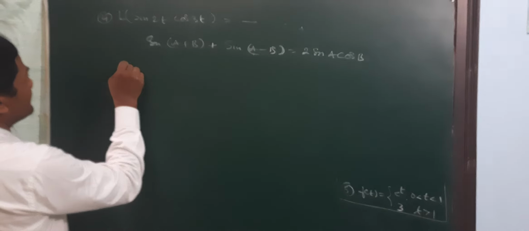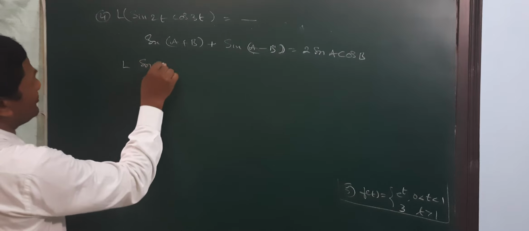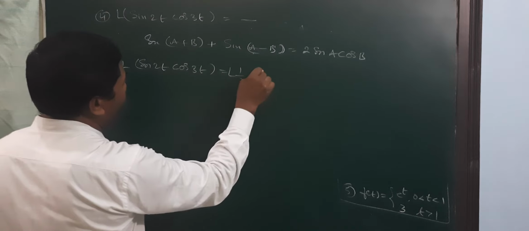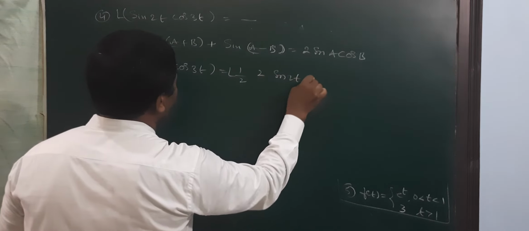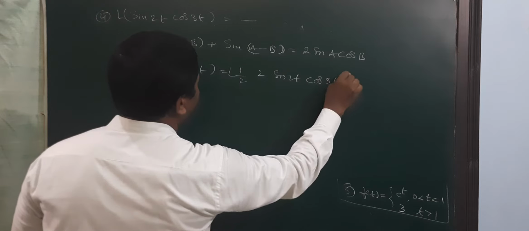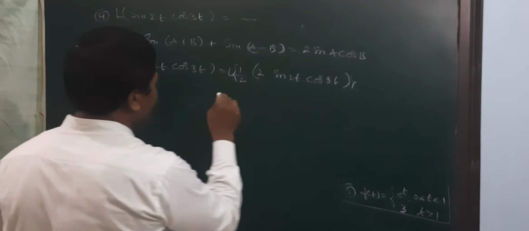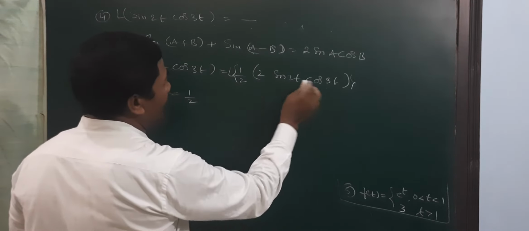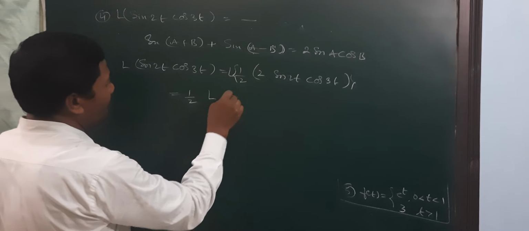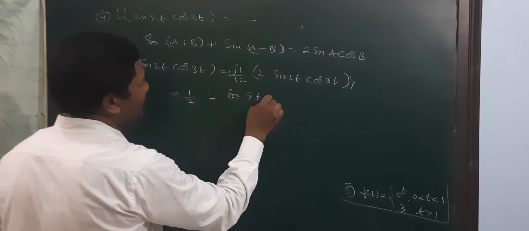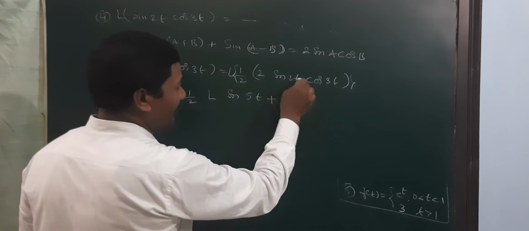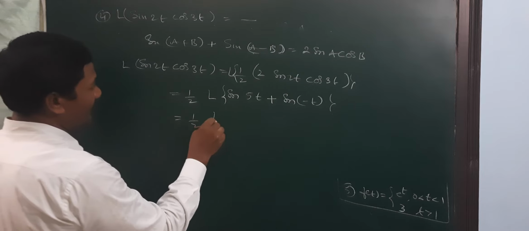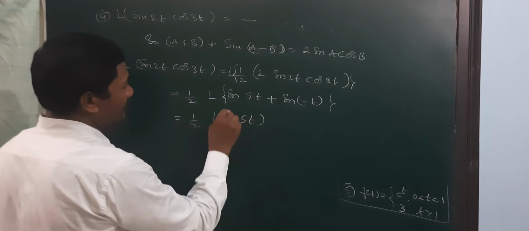That means L of sin 2t cos 3t. Applying this formula, it is half into L of 2 sin 2t cos 3t. Half is common. 2 sin a cos b means sin(a+b), so L of sin 5t, plus sin(a−b), where 2t minus 3t means minus t. This is equal to half into L of sin 5t